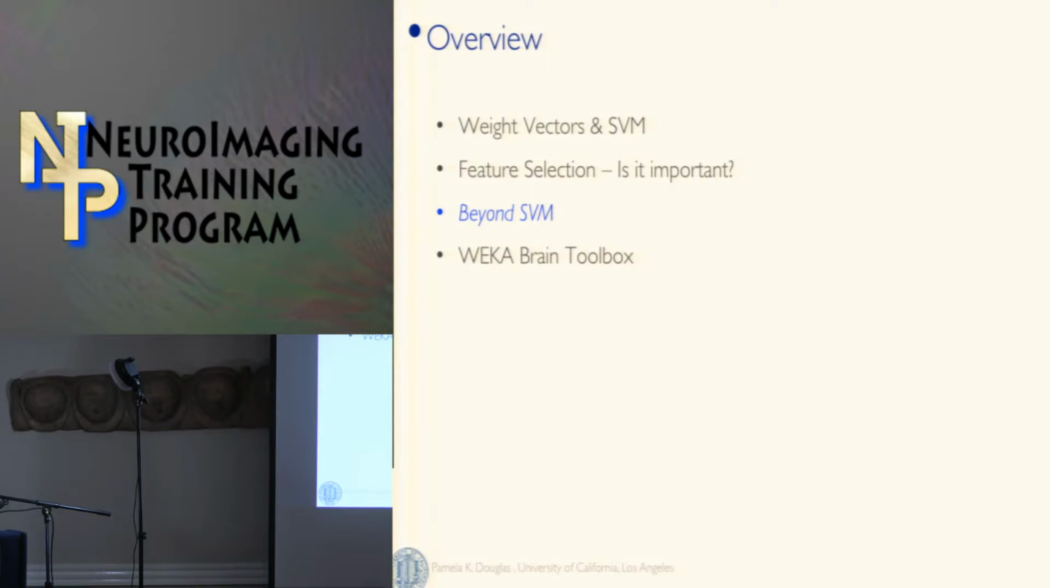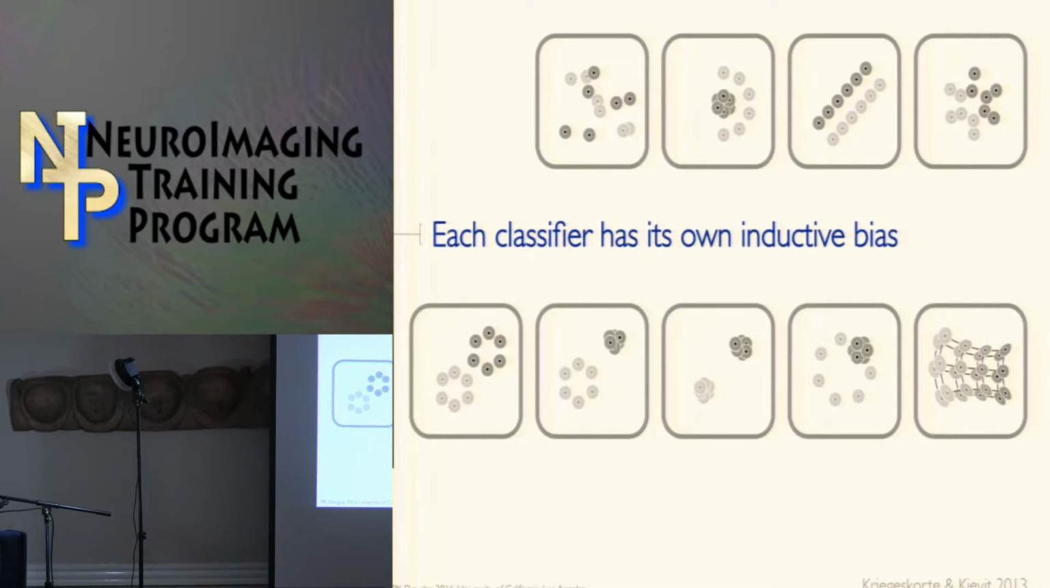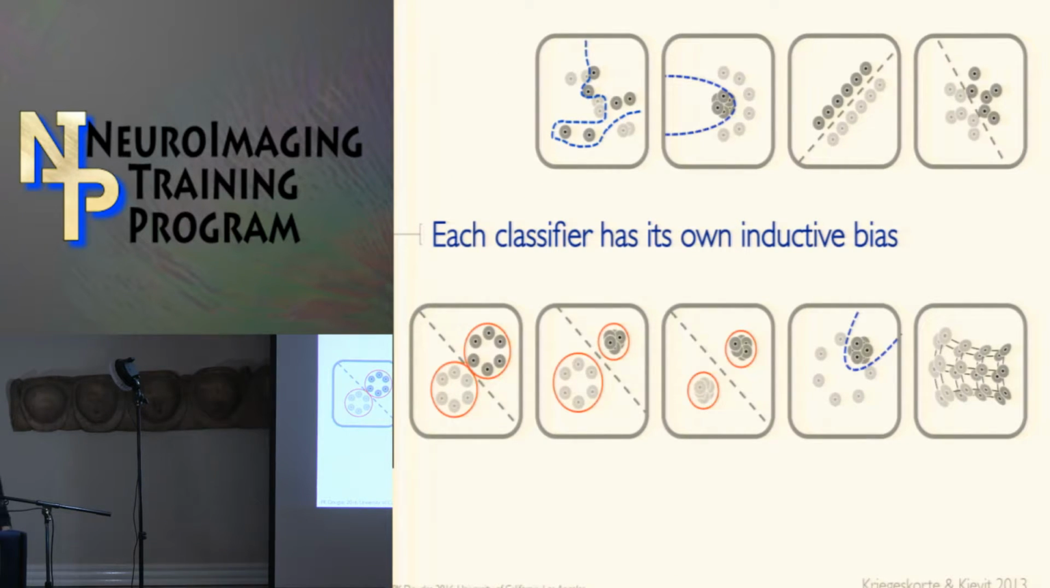Okay. So thinking a little bit beyond just SVM, why would we want to do that? As I mentioned before, each classifier has its own inductive bias. And there's also this amazing theory called the no free lunch theorem,